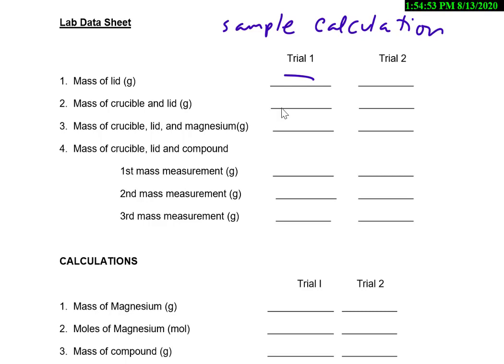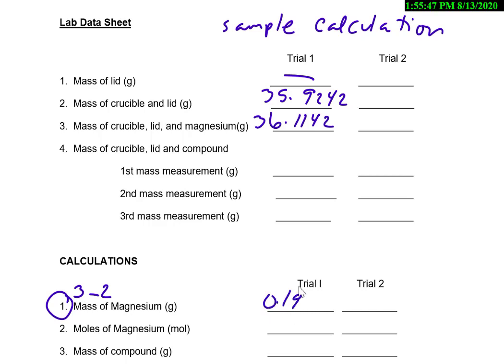Let's say the empty crucible and lid had a mass of 35.9242, and then we put some magnesium in there, and we got a mass of 36.1142. Then we could subtract these two values right here to figure out how much magnesium we started with. So we would take 3 minus 2 and find that we started with 0.19